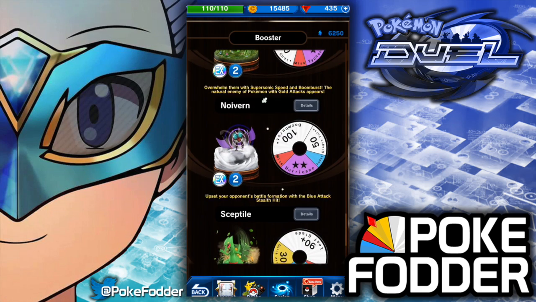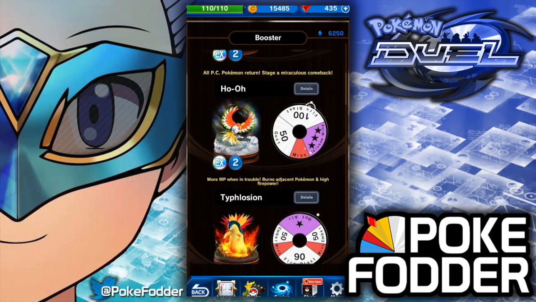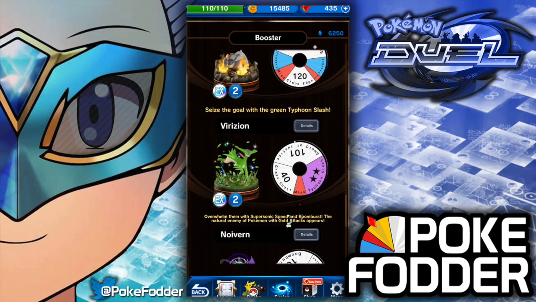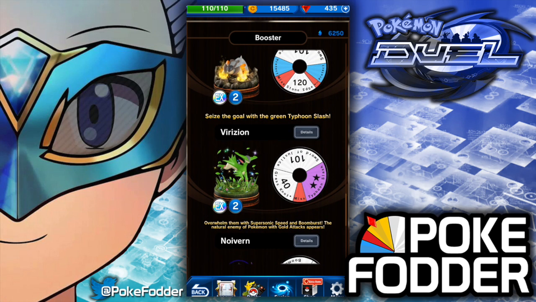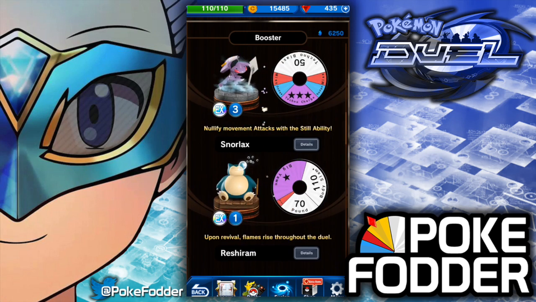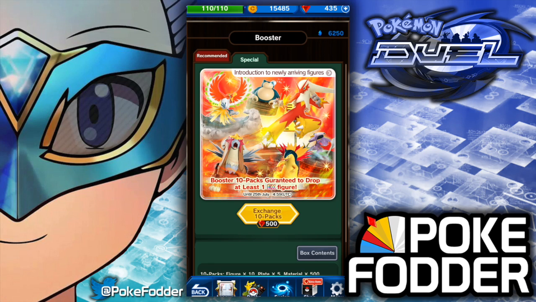Now that I'm looking at this, personally, I think the quad pack is probably a better deal for what I'm running, because I would run Trevenant. I have Sceptile. You know, I have all these except for Typhlosion, but I use a lot of them, and so getting dupes for chain levels would be nice for me. So that's kind of going to cover...